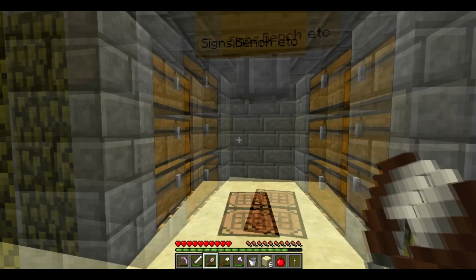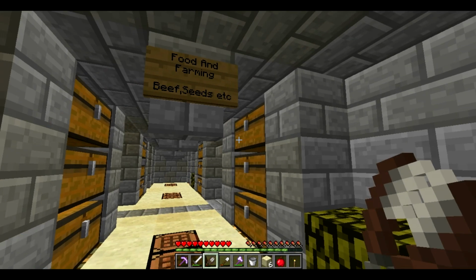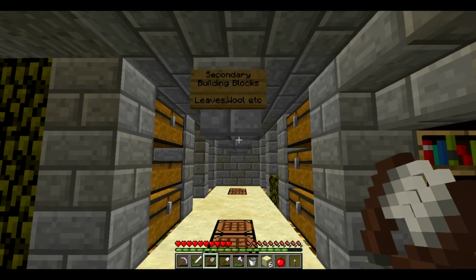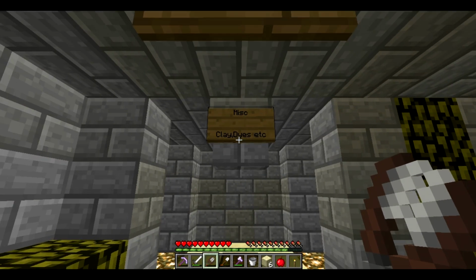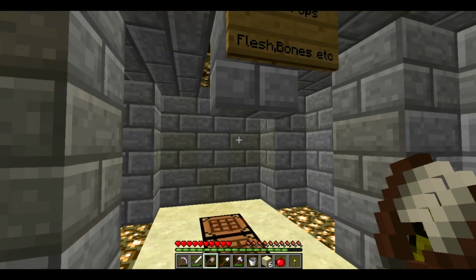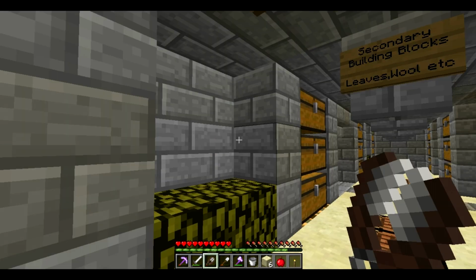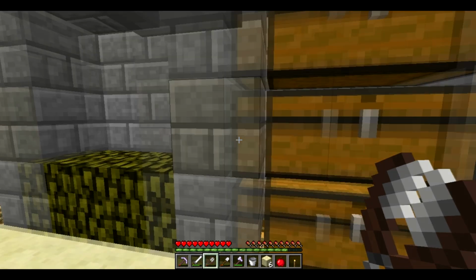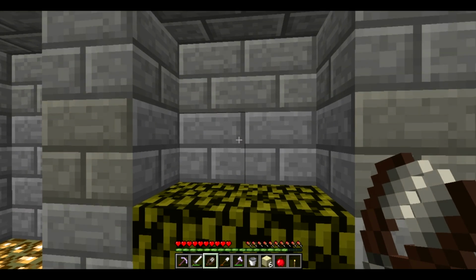You've got resources, this aisle, ores, food and farming, secondary building blocks, and obviously primary building blocks. Miscellaneous. We haven't finished building it yet, but this is what it's going to look like. Mod drops. And in between here, I've got leaves with glowstone underneath and just stone bricks at